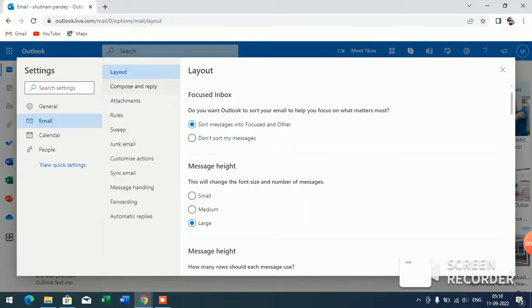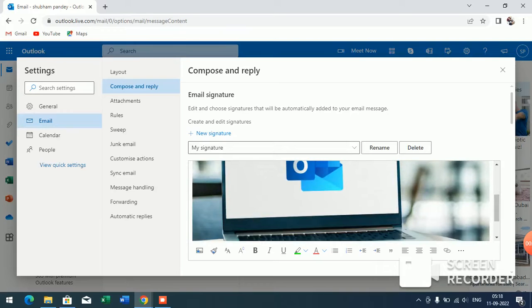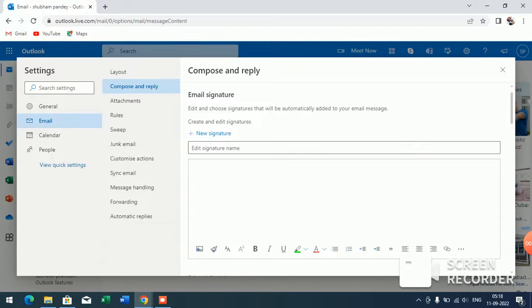Now here you will see the compose and reply option. Just click on it, and here you can create any signature. If you want to create a new signature, first of all just name your signature, like professional signature. Now here at the bottom, for your signature, you can just type your name,